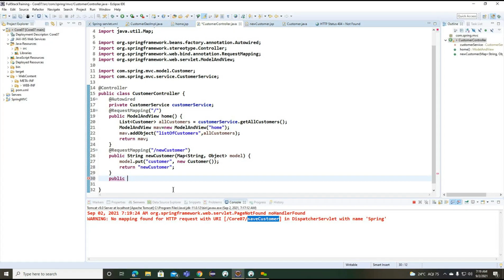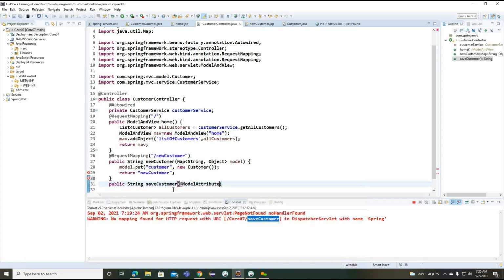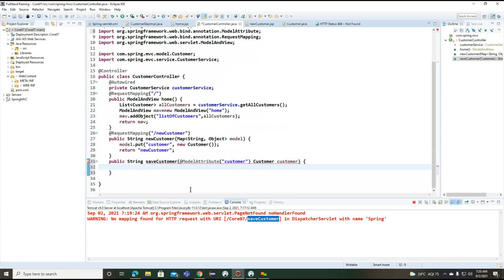So now public String saveCustomer, with @ModelAttribute customer.